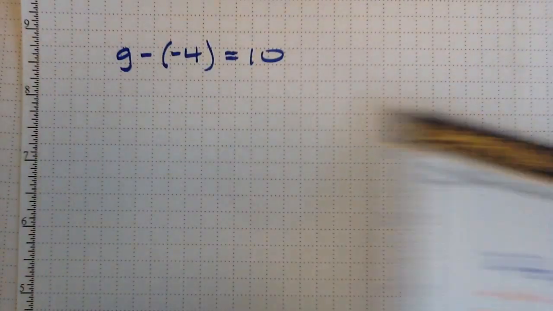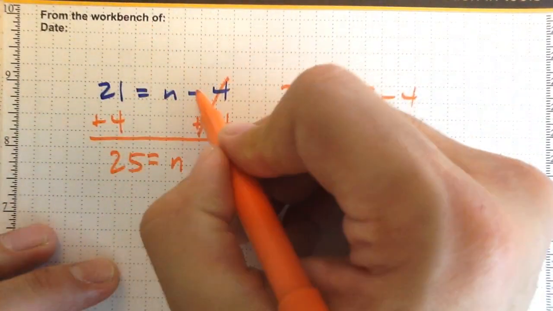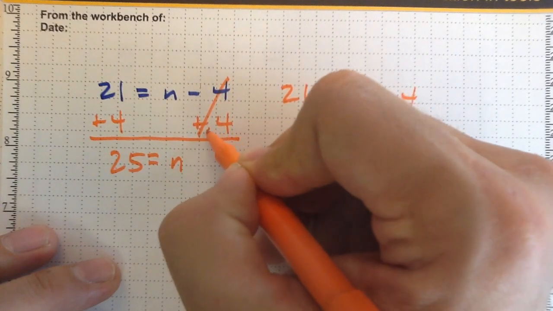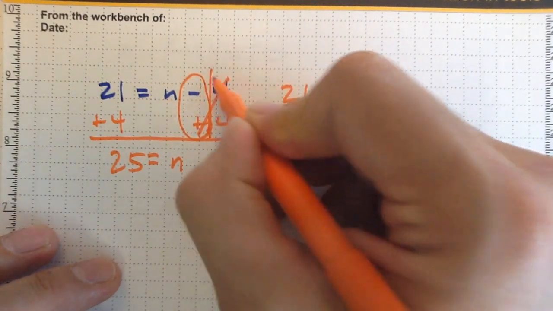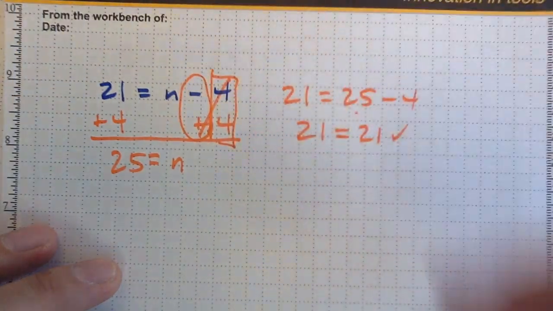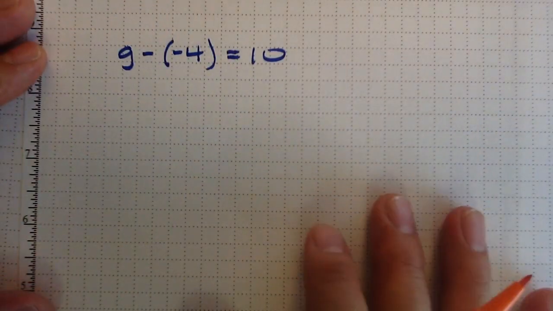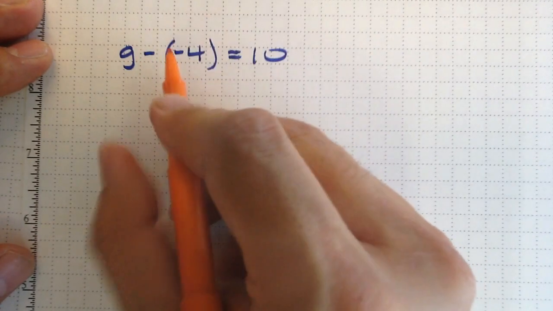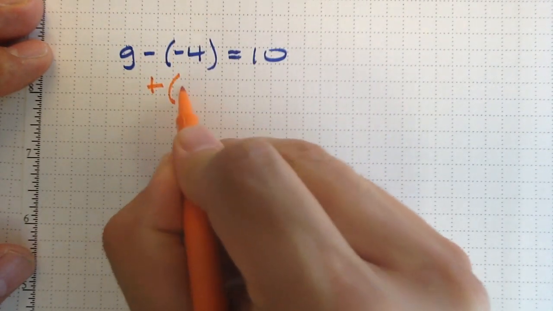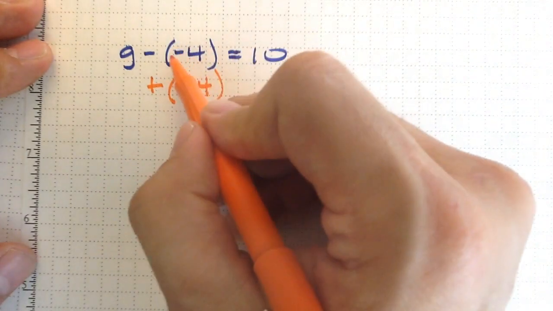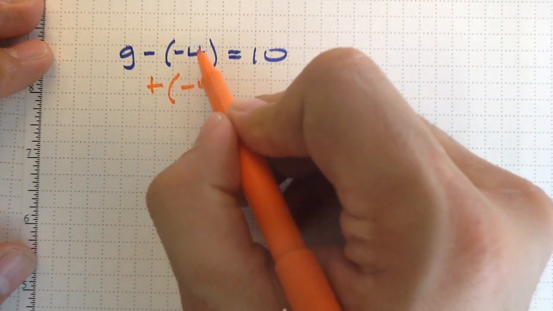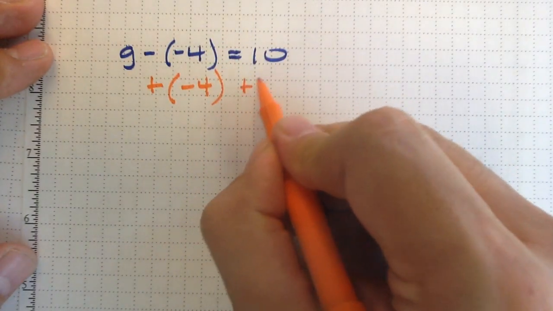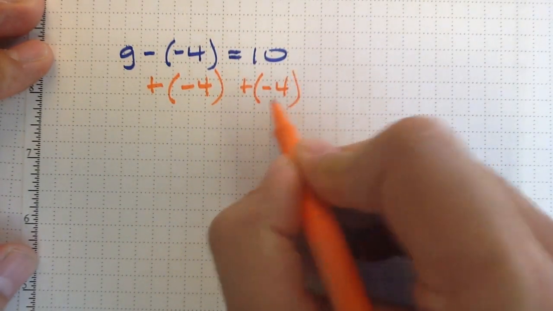Same thing on this last problem. We had minus 4, or minus positive 4, and we did plus positive 4. We did the opposite operation, but the 4 stayed positive 4. So we don't do anything any different here. Here it's g minus this number, so I'm going to do the opposite. I'm going to add that number. So notice how I did the opposite operation, but the number itself, even though it was negative, just stayed negative 4. What I do to one side, I do to the other side of the equal sign,